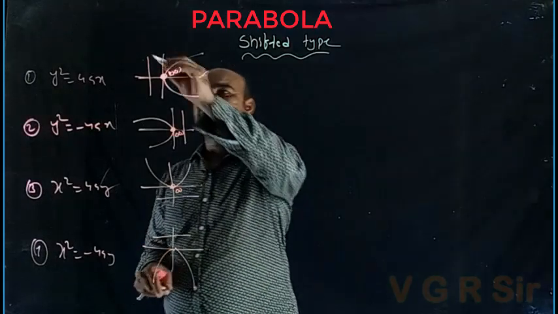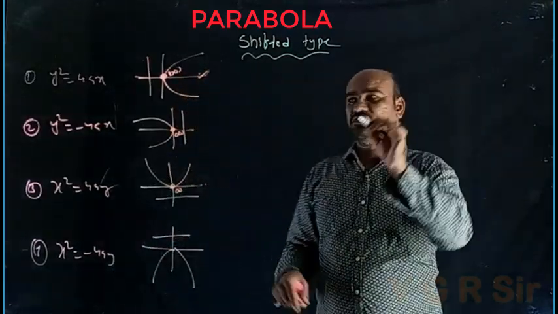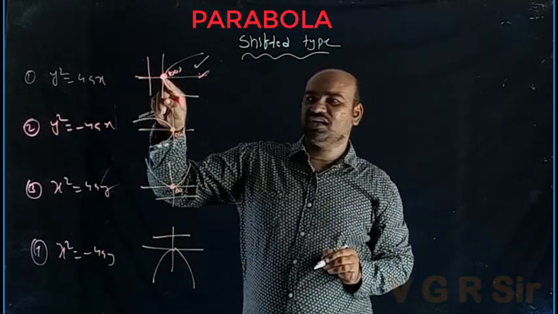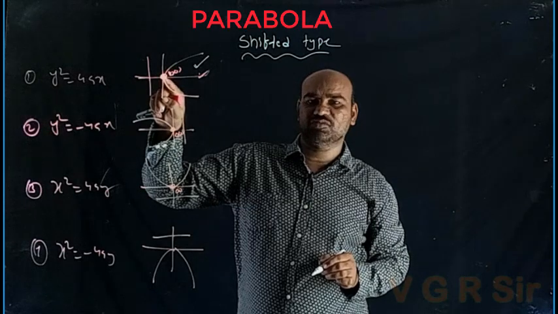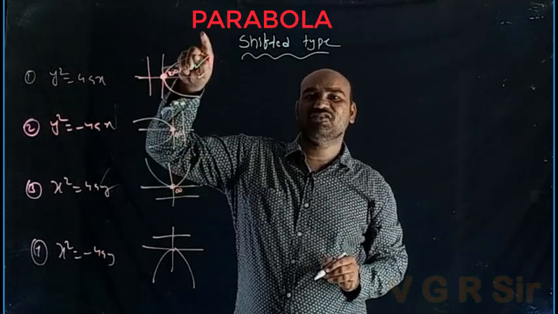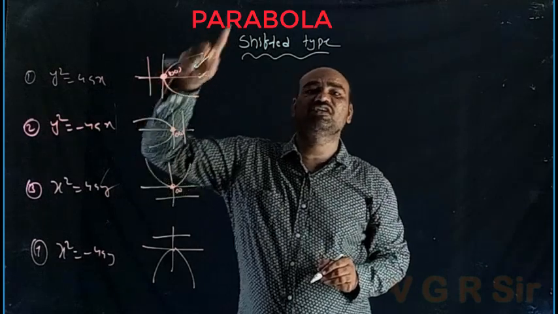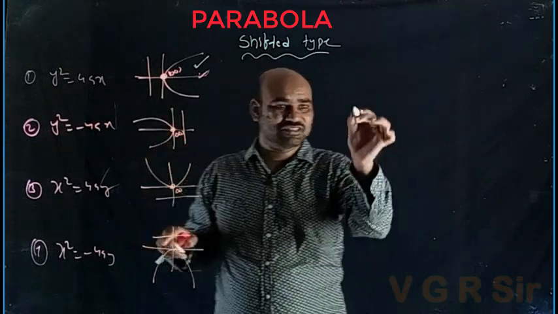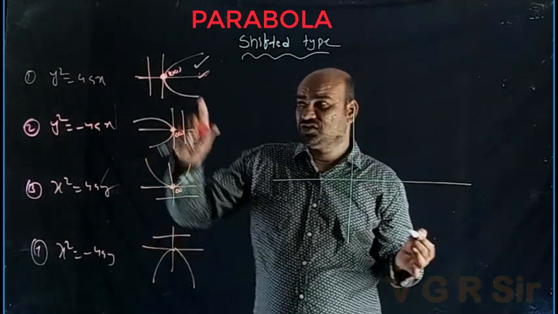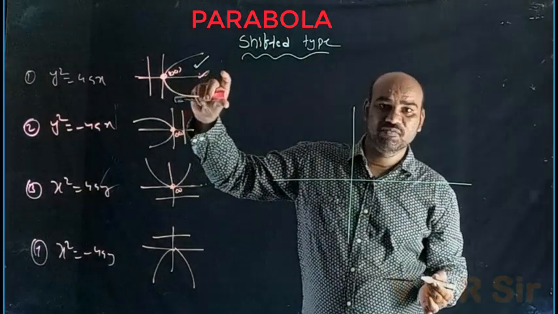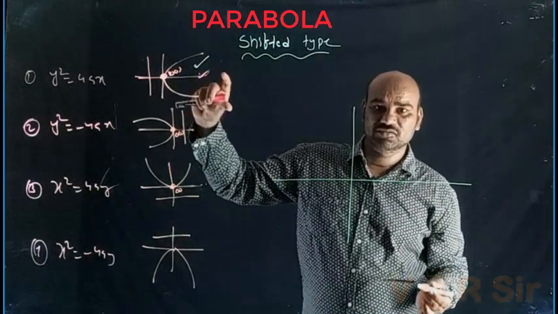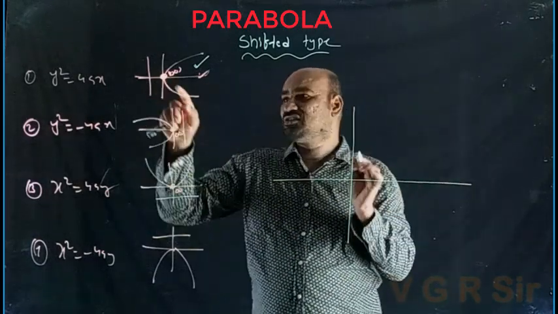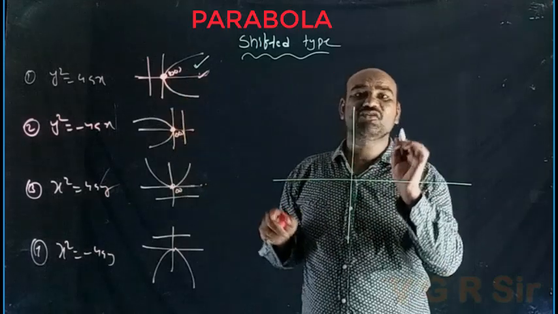So for example, I will take this. The vertex is 0, 0, that is the origin of the coordinate system. This origin is shifted to h, k. In other words, the vertex of this parabola is shifted to h, k by translation of axis. Translation of axis means, for example, this is the coordinate plane, and without changing the shape of the given curve, we just shift the origin, that is, the vertex. Here the vertex 0, 0 is shifted to h, k.